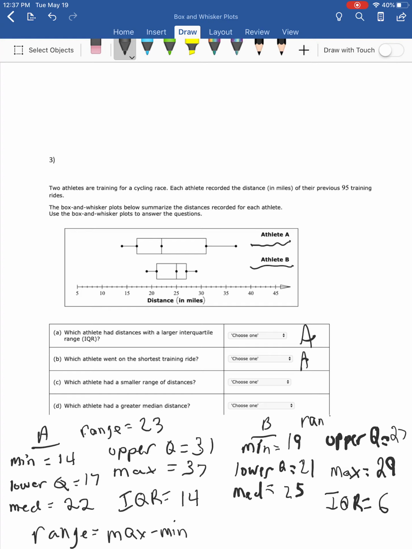Athlete B, the max is 29, the minimum is 19, so the range is 10, which had the smaller range of distances, so that's athlete B. And then which had the greater median distance. Athlete A's median is 22, athlete B's median is 25, so the greater median is athlete